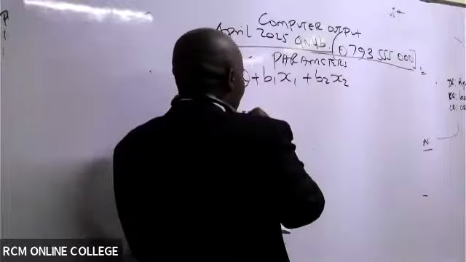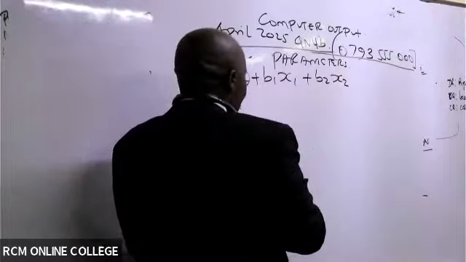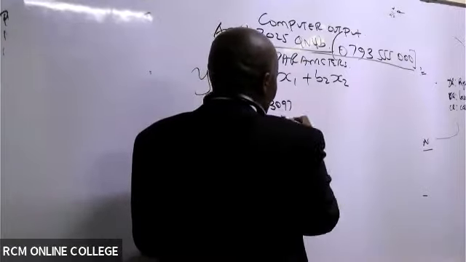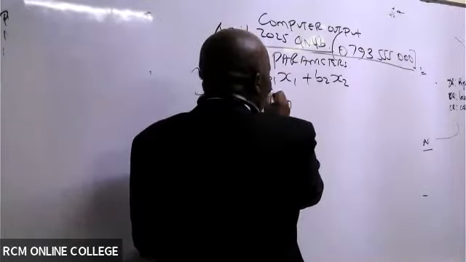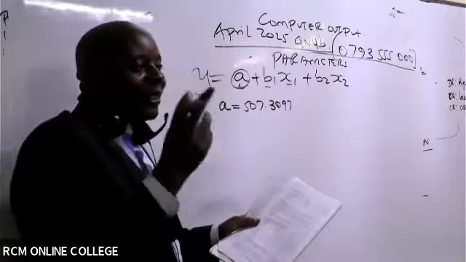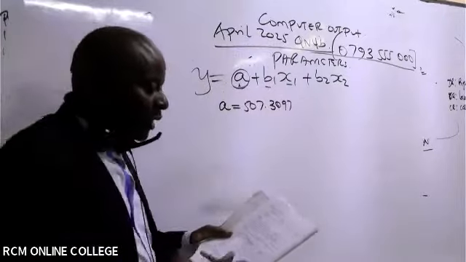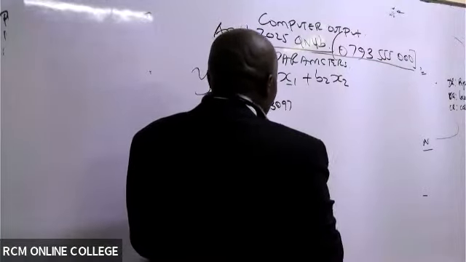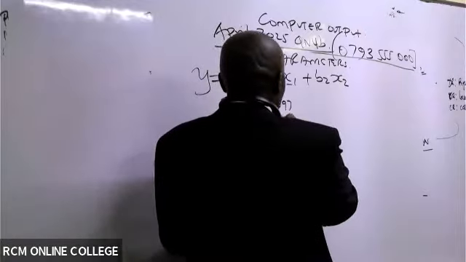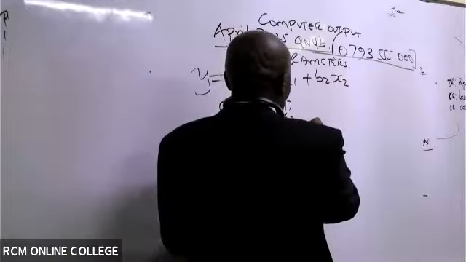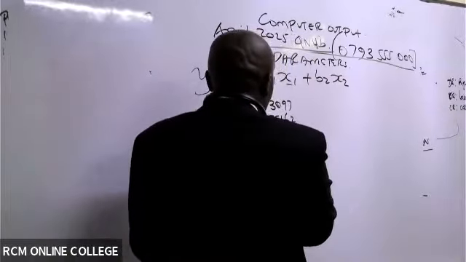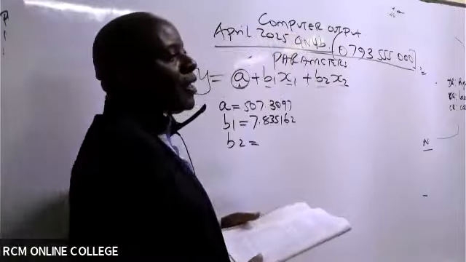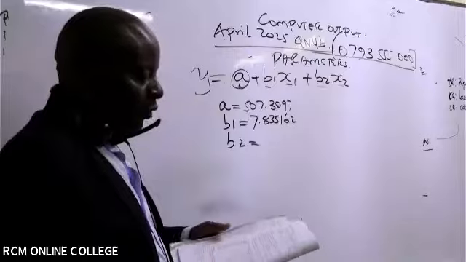So are you able to see the parameters there? For the intercept A, they're giving us 507.3097. And then we have the coefficient of x1, the number that comes before x1. That is b1, which is what here, somebody? 7.835162. And then we have b2, which will be the number that comes before x2, so the coefficient of x2, which is